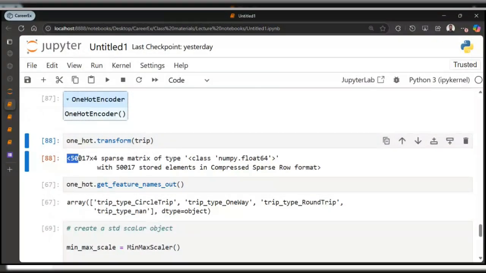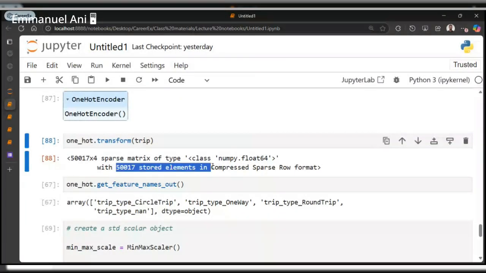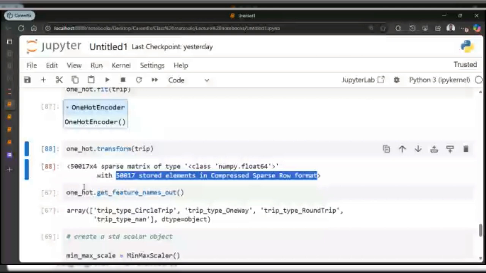We get a 5001 by 4 sparse matrix, with 5001 stored elements in compressed sparse format. So what this is telling you is that the output of this one-hot transformation is being stored in a sparse format, in a compressed sparse format.